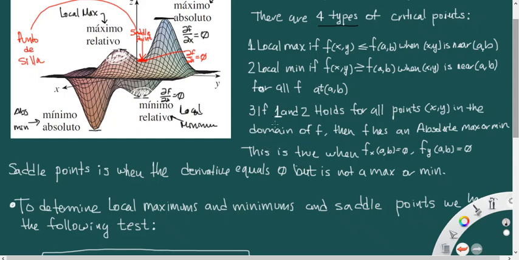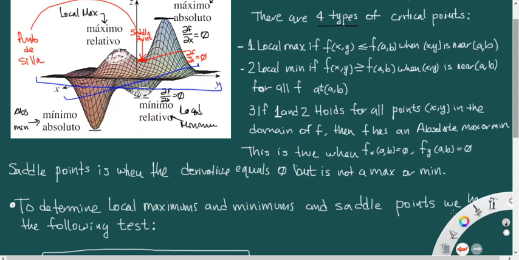Now, the third case: if 1 and 2 hold for all the points (x, y), all the points, meaning all these points from here to here and from here to there, then that's the domain of the function, and f has an absolute maximum. It's absolute because in all regions across both axes of the variables, we have